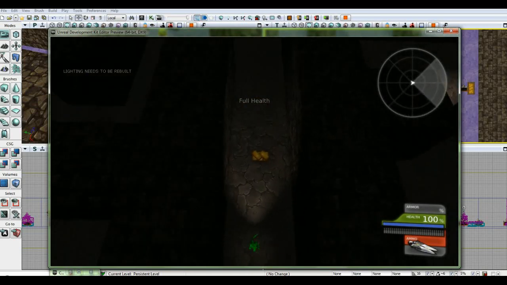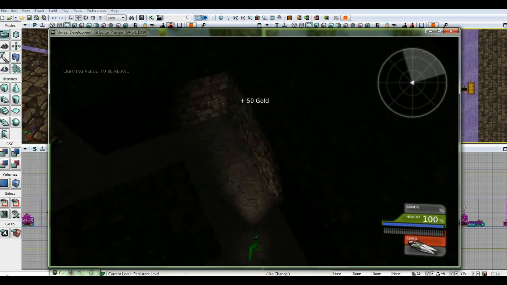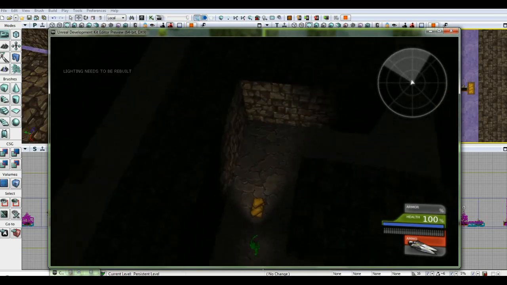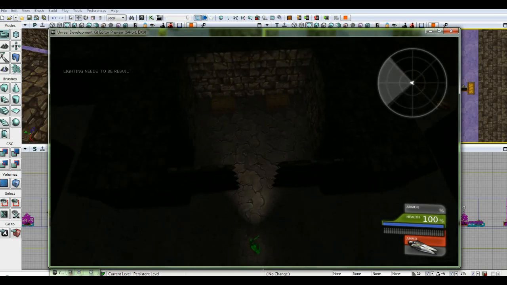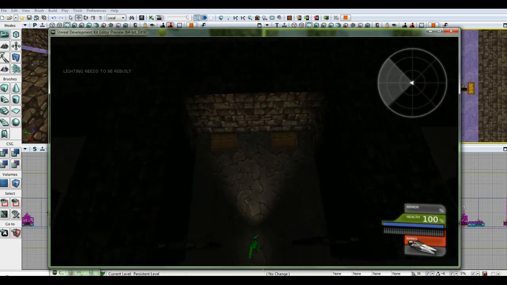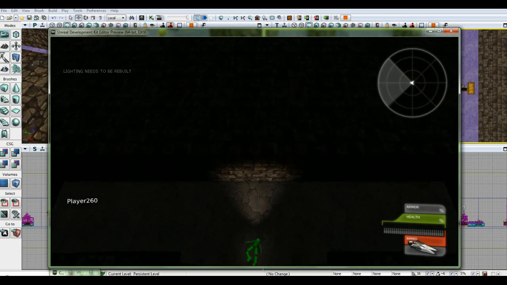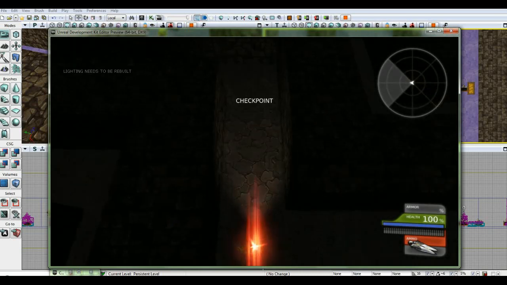There we are. And now our trap starts. And if we get killed by it, then when we respawn,